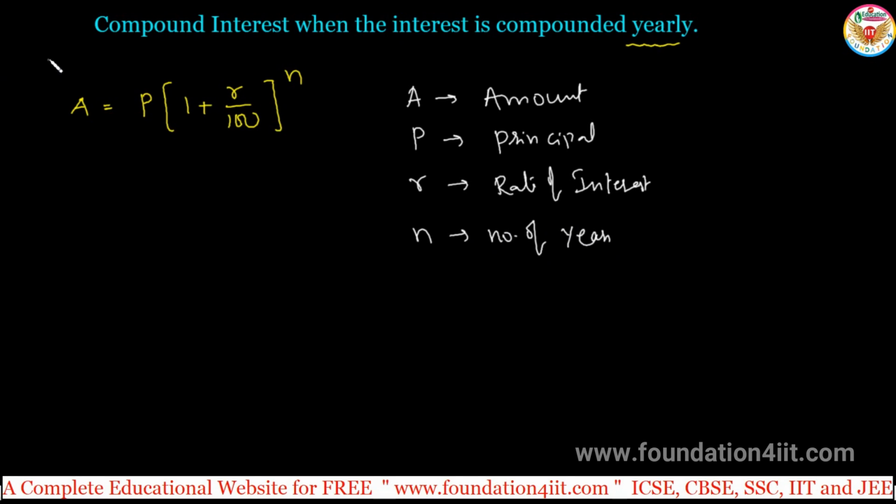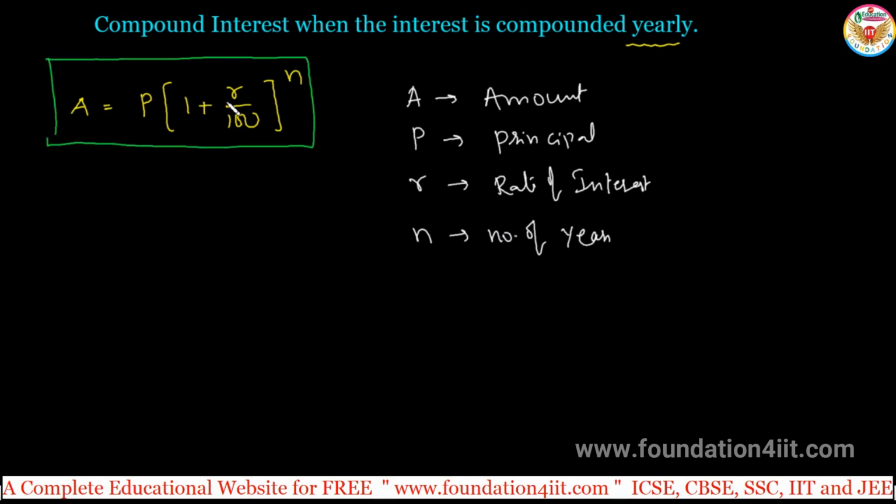So this is the formula. You remember, amount is equals to P into 1 plus R by 100 to the power N. This power N is only for 1 plus R by 100. The 1 is separate. Don't get confused. 1 plus R by 100 is the fraction. Yes, let us see the problem now.